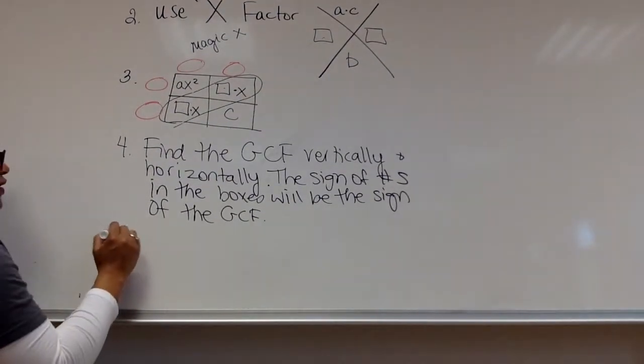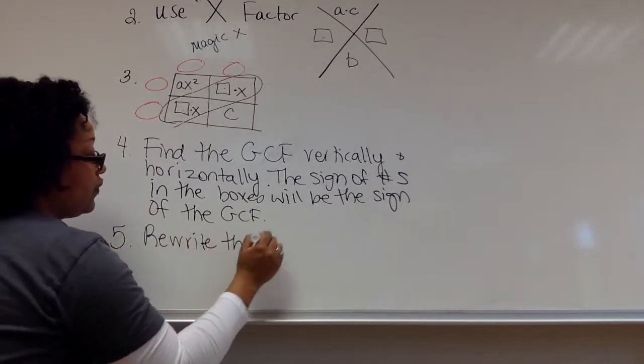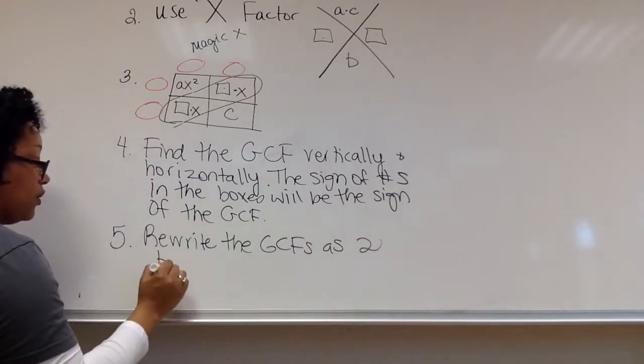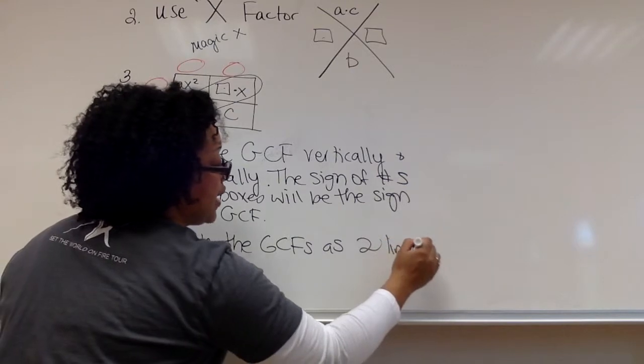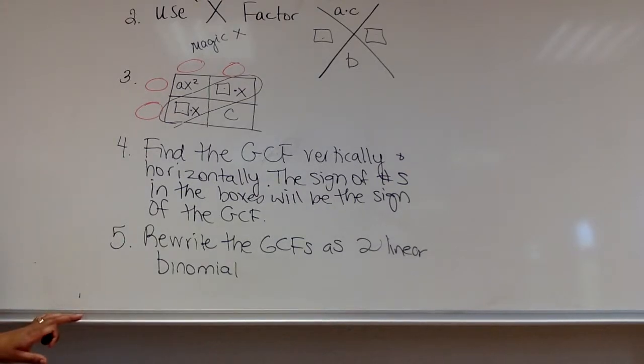And then step 5 is simple. Rewrite the GCFs as 2 binomials. And I guess I should say linear because that's what they're going to be. Binomials. That's it. That's your steps. Write these steps down, ladies and gentlemen. I know it may not make sense until we apply it, and